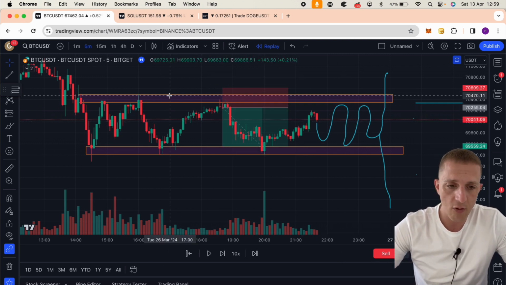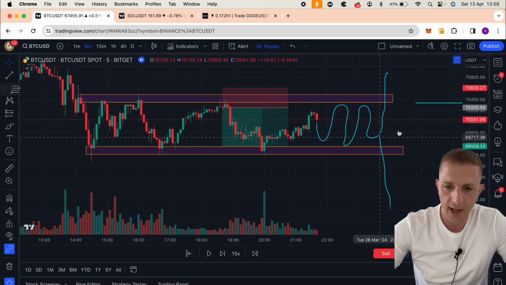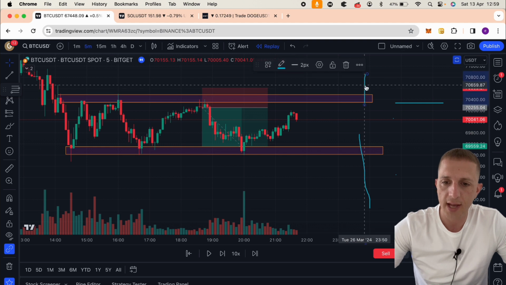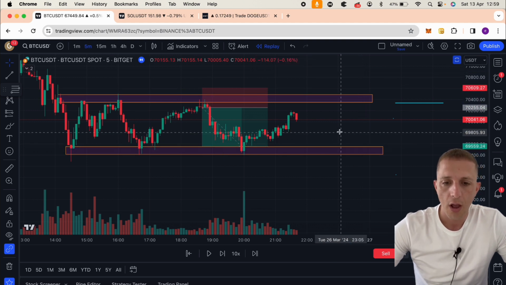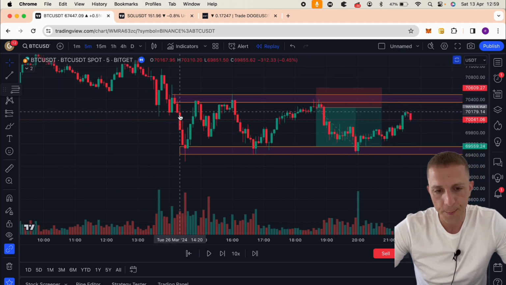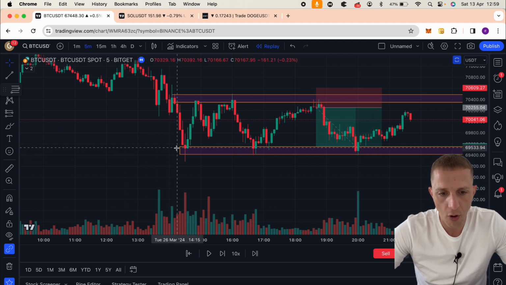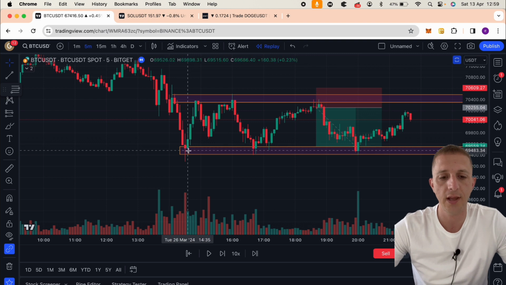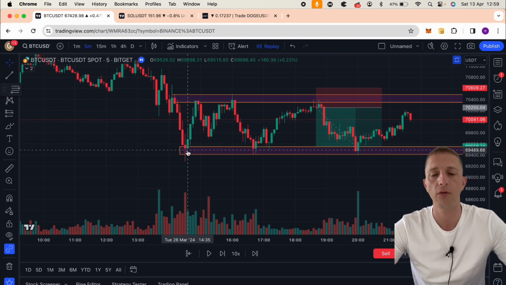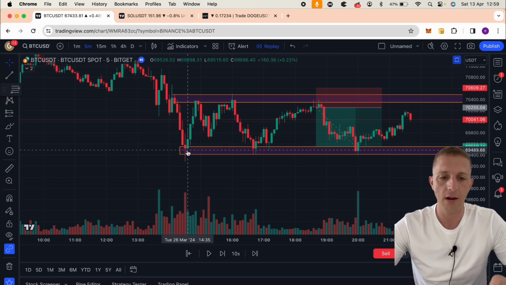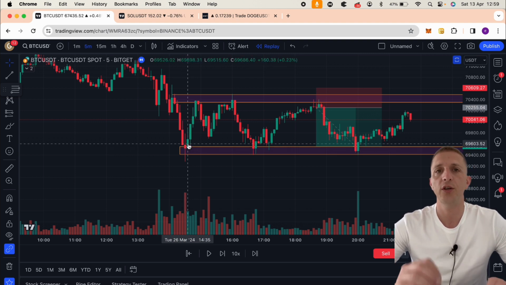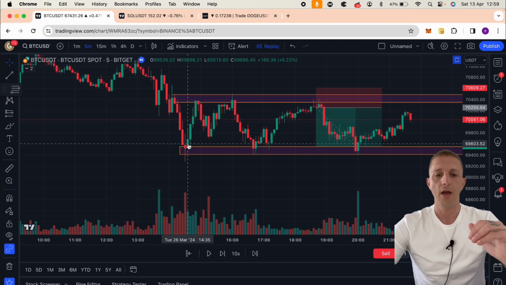So I will explain it to you once again. Let me remove this drawing. So basically, guys, what we did after we've seen this long drop in this area, we saw a big rejection, which means that is the key level. We found our first key level, which means that is the area, the price range where the price has a